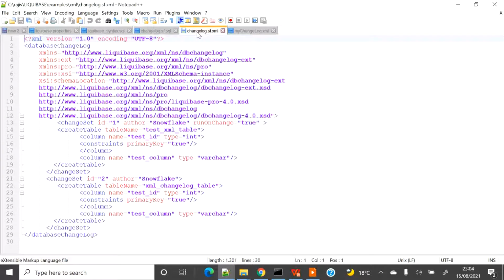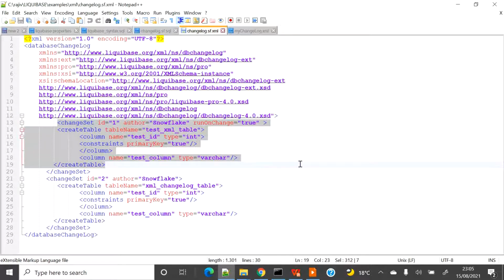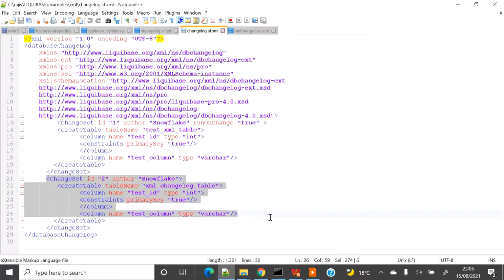Another example is the XML file. I wanted to show you both the SQL and XML versions. This part is common for every change log XML file, and then this XML file has two change sets. The first change set creates a table, which is the test XML table, and the second change set creates another table.